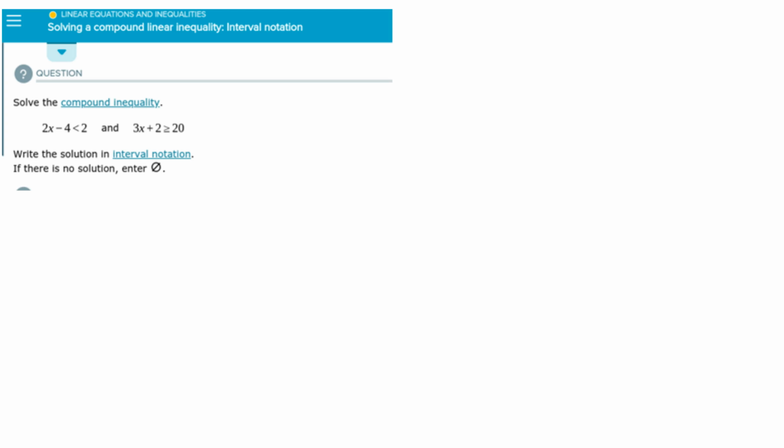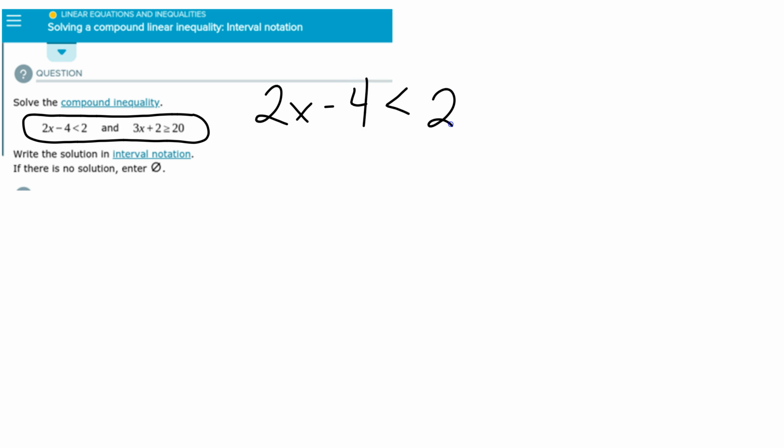Okay, solving a compound linear inequality using interval notation. So we have a compound inequality here, which means we just have two inequalities. We're going to solve each of those inequalities independently, then take a look at how to write it in interval notation. So I have 2x minus 4 is less than 2,